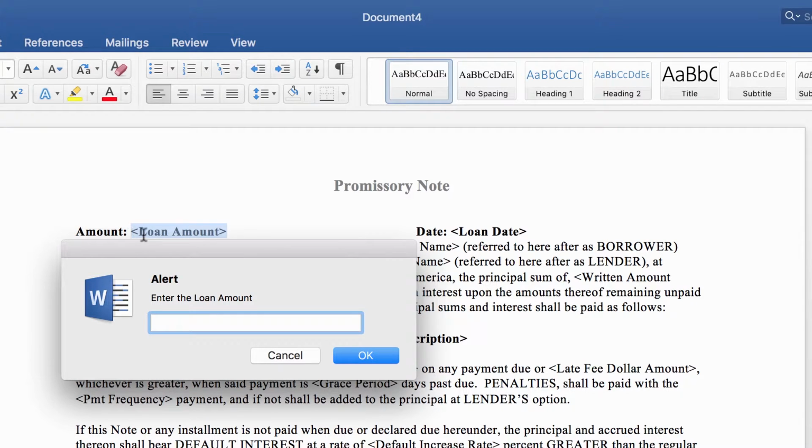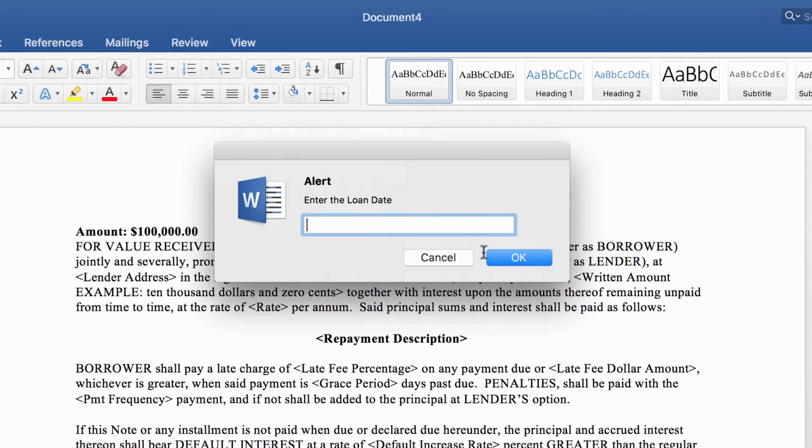So it highlights each field, each variable, and allows you to enter the amount. So in our case, we used $100,000. So we enter the loan amount there, we click OK, it takes us to the loan date. The loan date was 9/4/2016. We click OK. Now it takes us to the next step, enter the borrower name